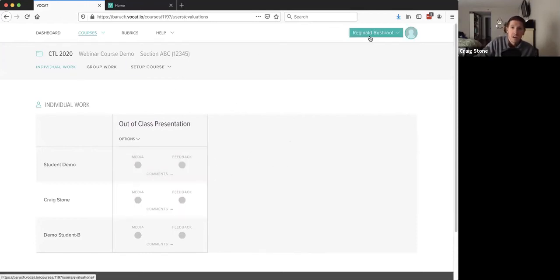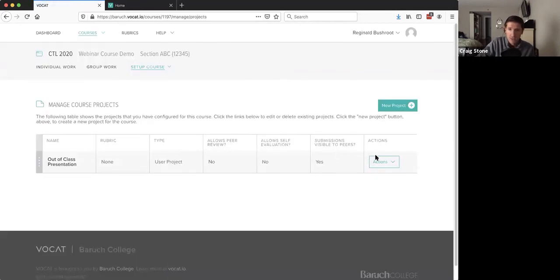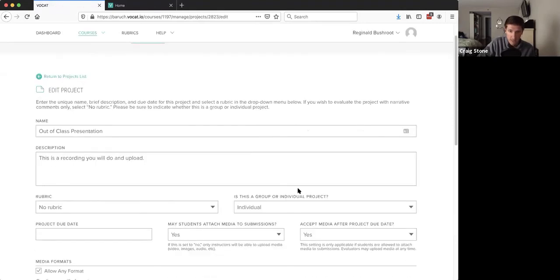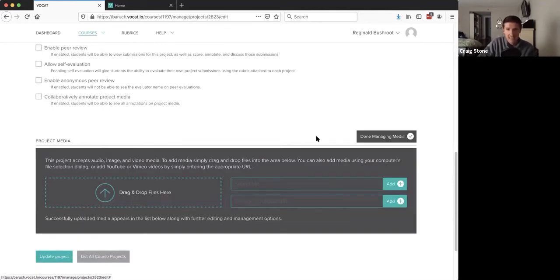There's the other option that we set up that may be especially useful for online work, in the projects. Now that I've saved this project, there will be an option when I go to edit it to do project media. So now there's this field down here, since this is already saved, called project media. It asks me if I want to add media to the project, and it looks exactly like the uploader that I showed you before. So if there's a video that you want every student of yours to be able to access, what this does is